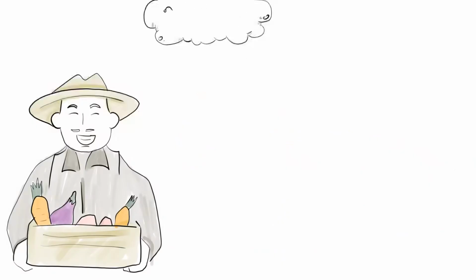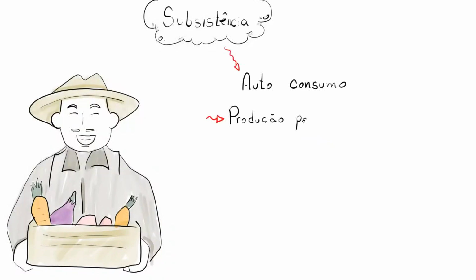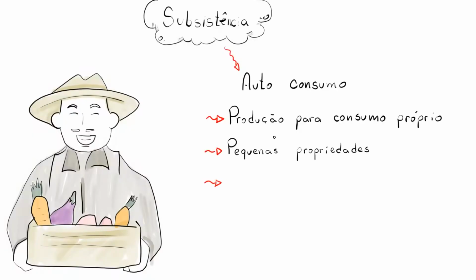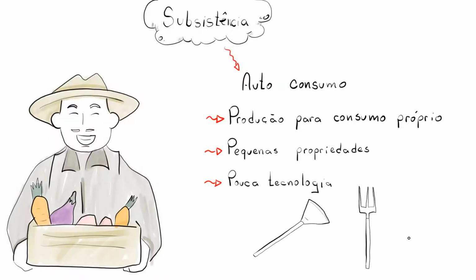While we're on the topic of family farming, let's talk about subsistence farming, which has many similarities. But what is subsistence? The word subsistence refers to supporting oneself, right? Of one's own life, of one's own family, and subsistence farming has to do with that. Production mainly for one's own consumption, and this type of activity also won't have much technology, and it will take place on small properties, just like